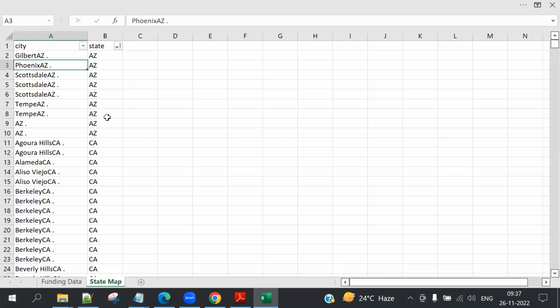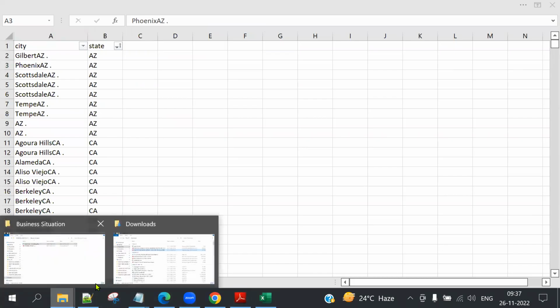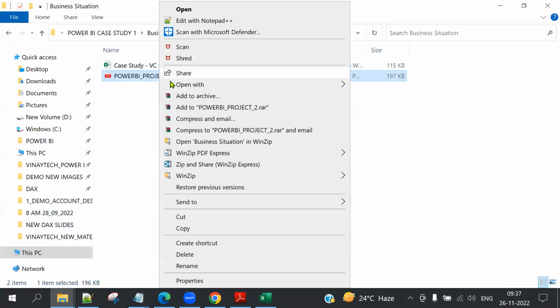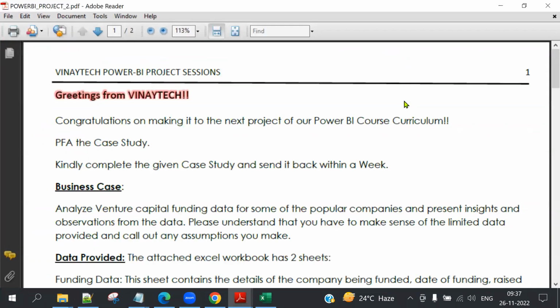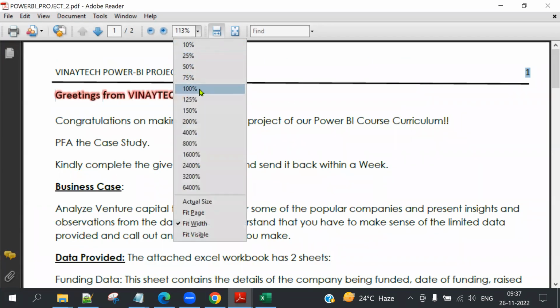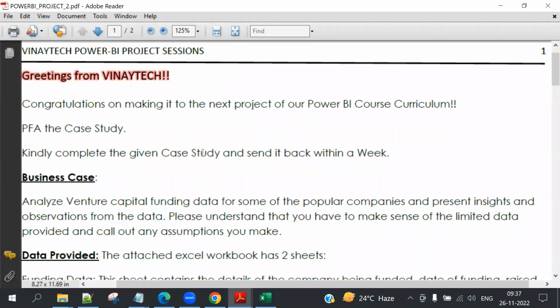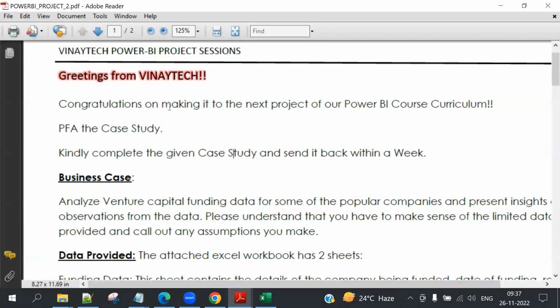Right. Now, the situation or scenario given by the company. I changed it with this name instead of the company name. Please read it. Please find the attached case study. Kindly complete the given study and send it back within a week.